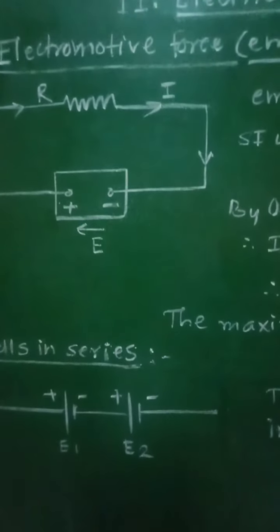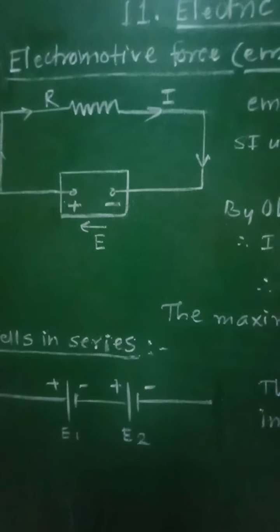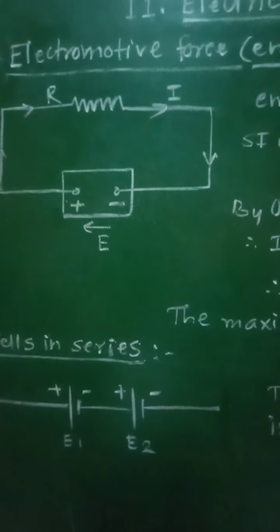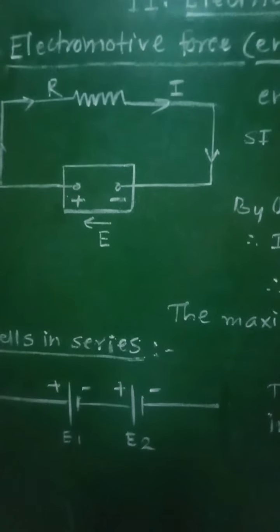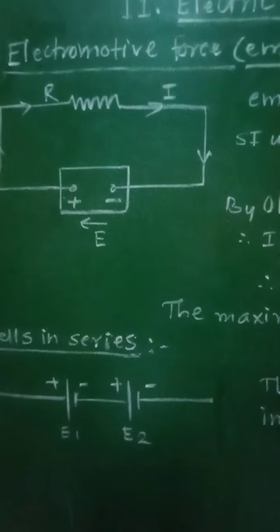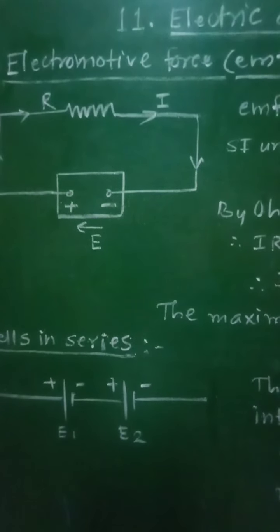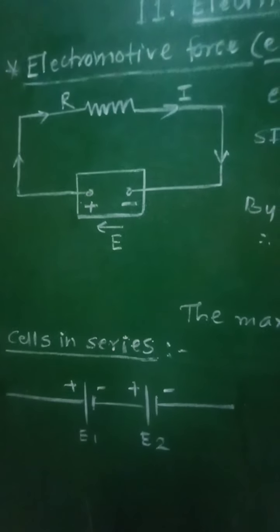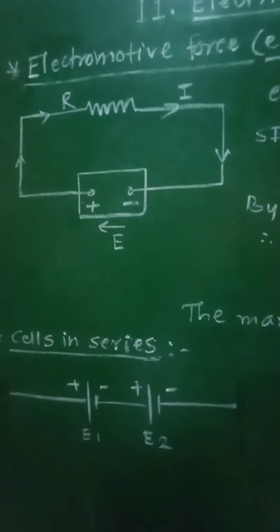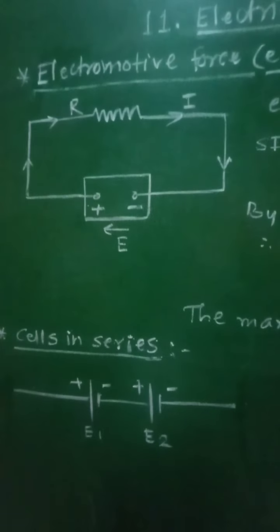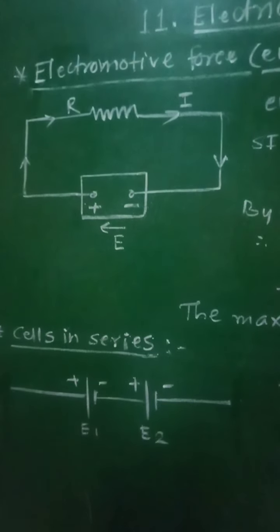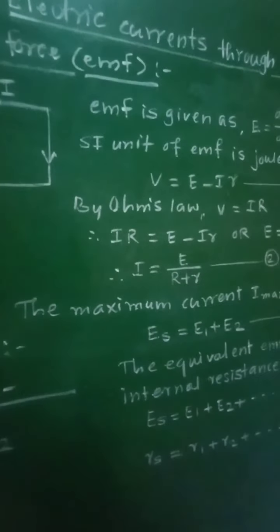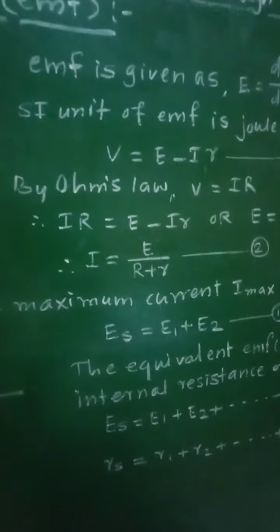When current I flows through an EMF device, that is, when that device is connected in the circuit, the EMF of the device and the potential difference across its two terminals differ due to its internal resistance r. When current is set up in the circuit, the EMF of that device and the potential difference across its two terminals will not be equal, but will differ due to the internal resistance.